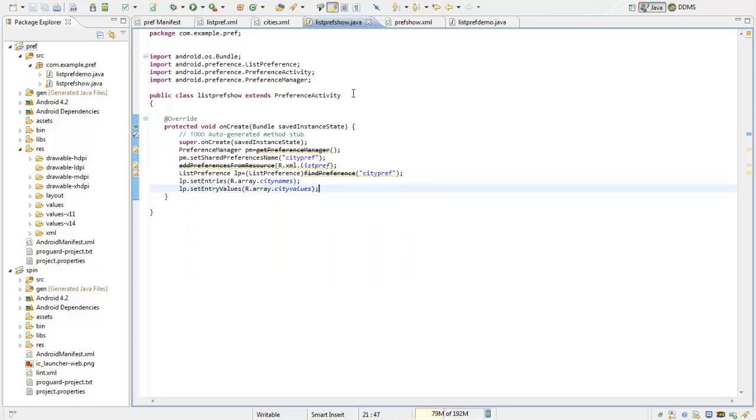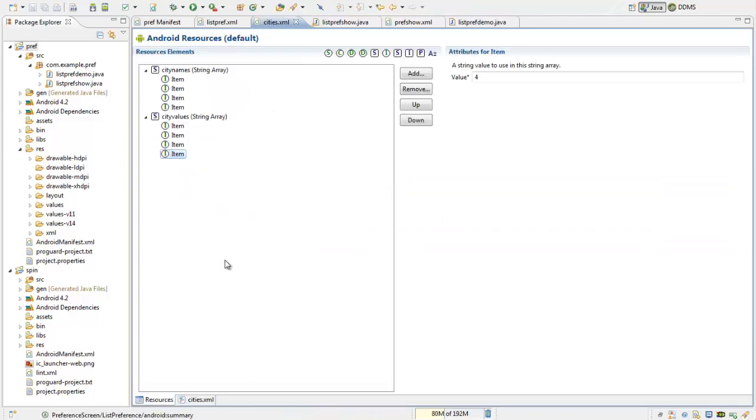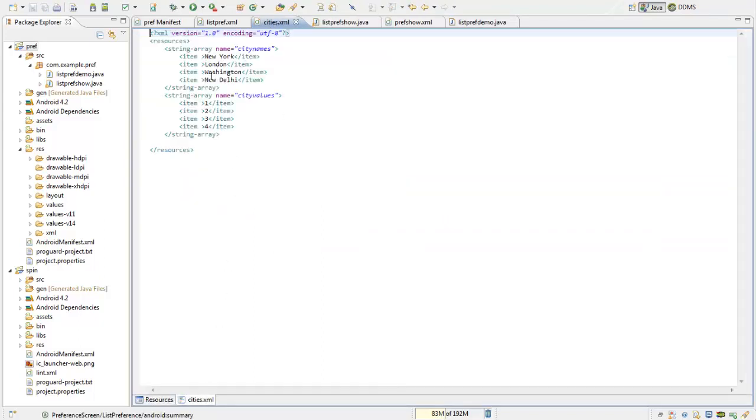So just run the program again. I'll make a small change so that we get something different. In case of New Delhi, I'll change this to Mumbai. So we'll again run this program.